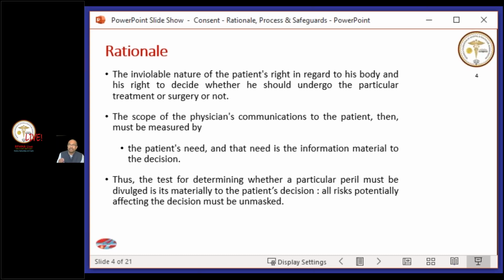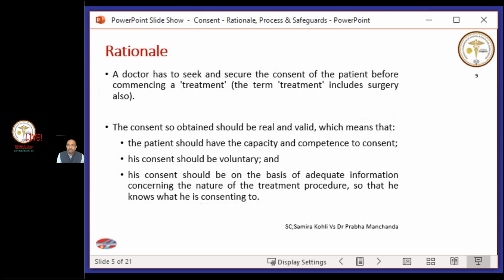So these are some of the aspects which have been defined and which have been described in multiple cases which have been decided by the courts, notably by the Supreme Court of India, and therefore these are here on this slide. So let us look at the rationale, and this is what was